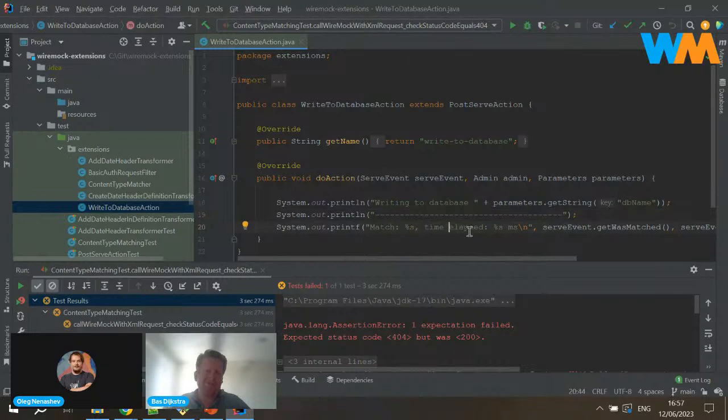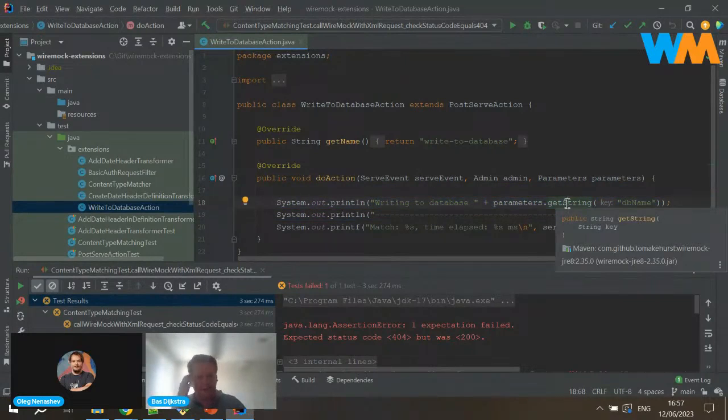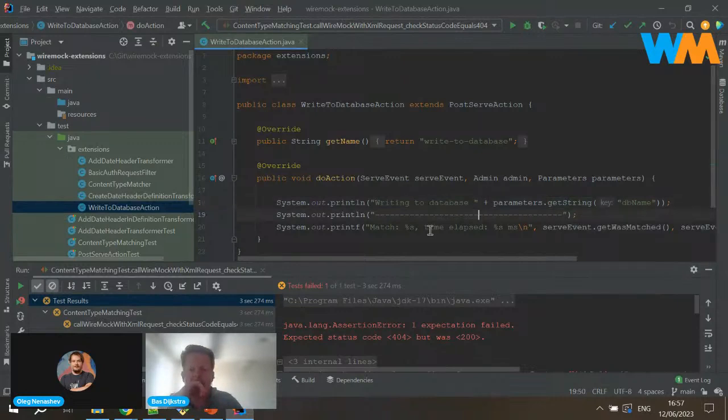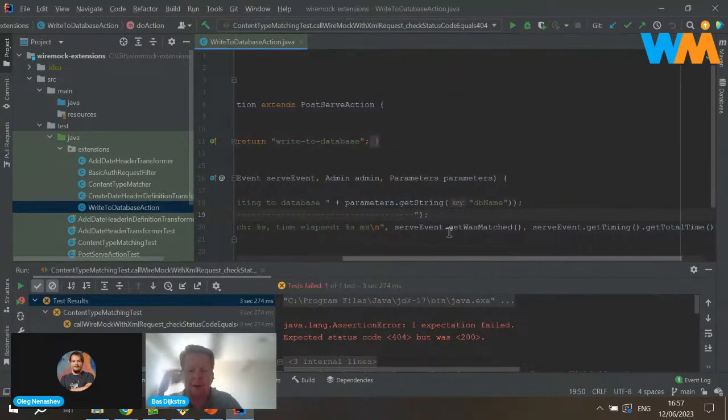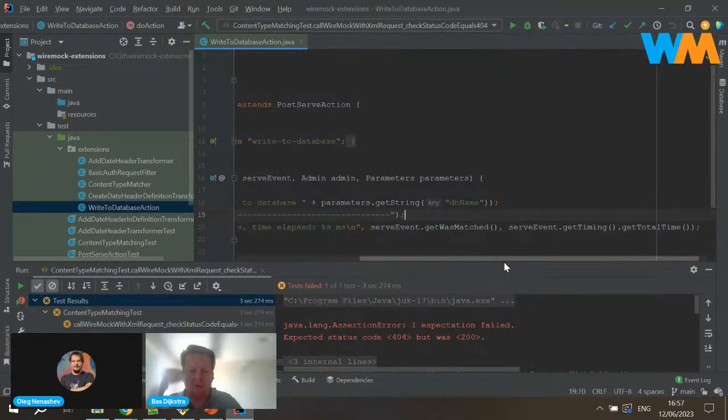And this is just an example of what I'm logging here, just to show you that you can do stuff with the parameters. And I print some info about the serving of the response by WireMock, basically.